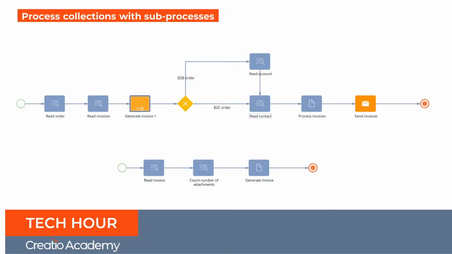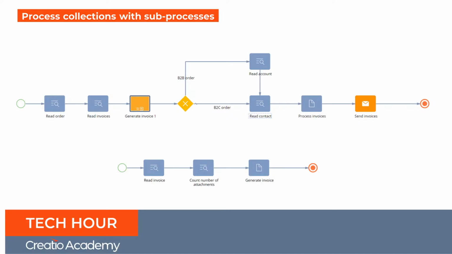Okay, so for the next use case, we're going to take a look at how to work with collections. And with collections, what we're going to do is generate an invoice or order, and again, send them out to the customer. So remember, our orders can have either one invoice, depending on how many payment steps we have, or